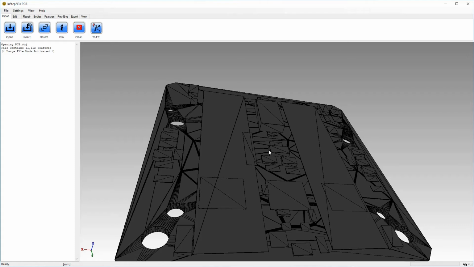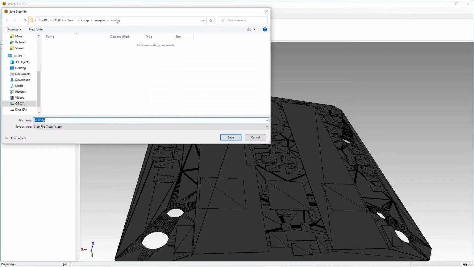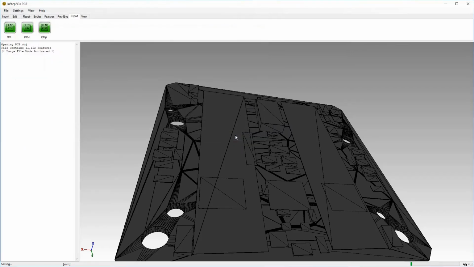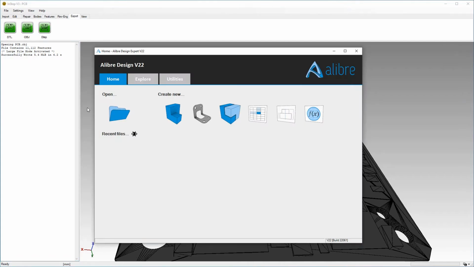Some users might be tempted to directly go to export and just save this as a step file, and I'm going to show you what that does. So we just call this pcb.stp, click save, and after a few seconds, we'll see an output in the message field here that just says 5.4 megabytes in 4.2 seconds. So if we go ahead and import this, and I'm going to use a Libre Design for this